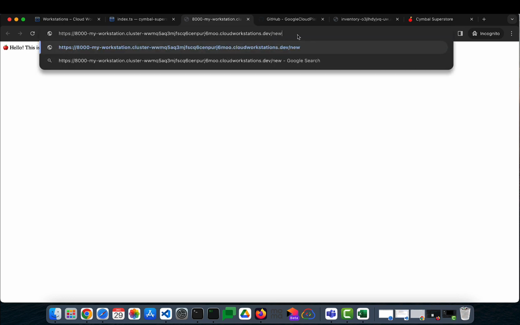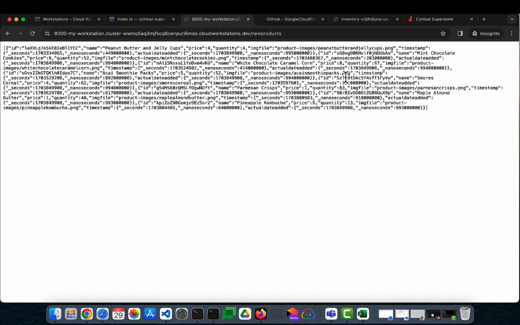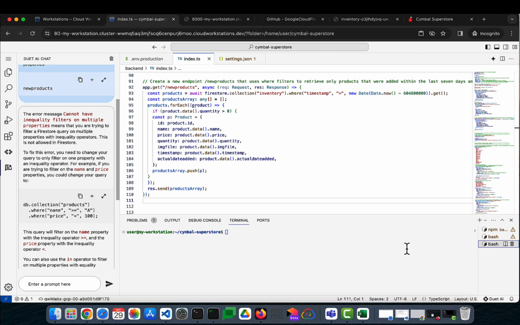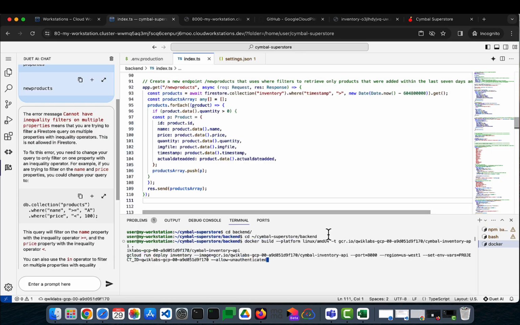So we put /new product and we get a JSON response, which means the backend API is working fine. So the next step would be to test out the front end, and then we'll rebuild and redeploy the backend as well. So we go back to the backend,